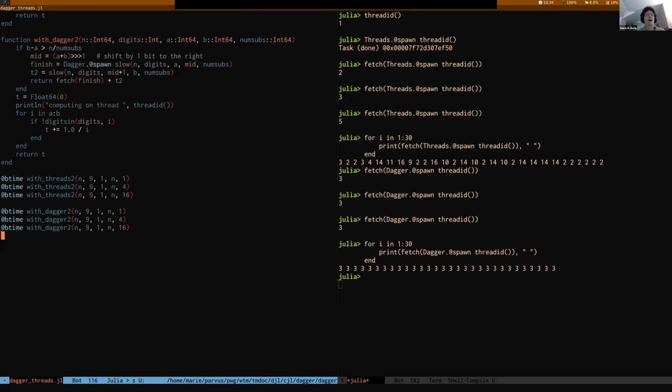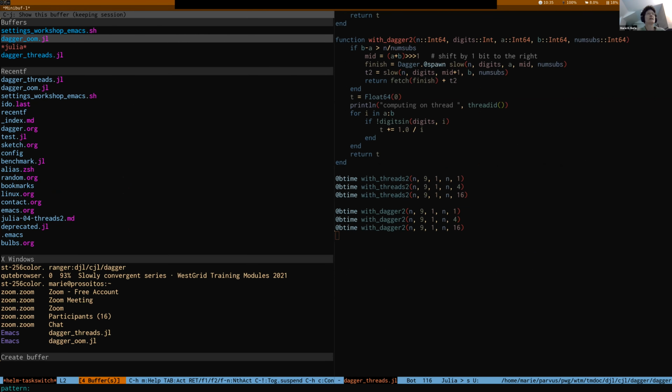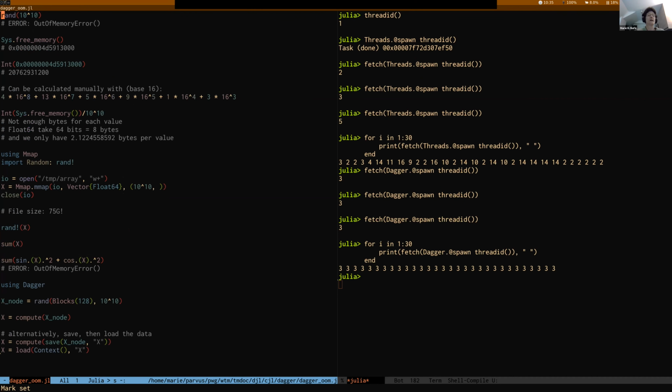Now, another advantage of Dagger is when you run into out of memory issues, because it can run out of core. So if you run out of RAM, Dagger can be very useful there. And since time is going very fast, or I'm going very slow, I should rather say,